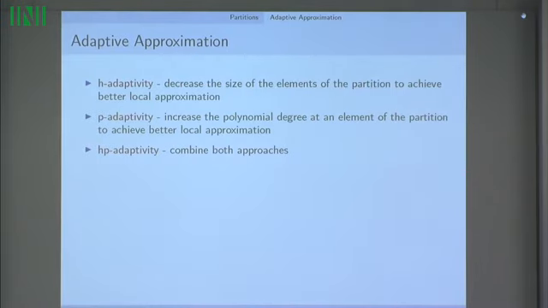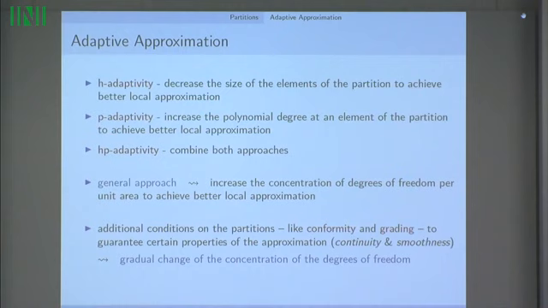So there are three basic types of adaptivity. I'll consider the H adaptivity, which decreases the size of the elements of the partition to achieve the better local approximation. We can do that with fixed partition and increase the number of the polynomials we're using. So in the polynomial space we're approximating, and HP adaptivity, which is for both. I actually will consider only H adaptivity, but I want to emphasize that HP adaptivity is also possible in this